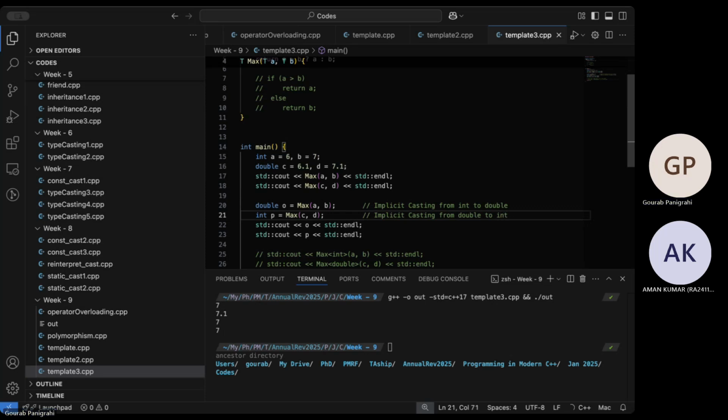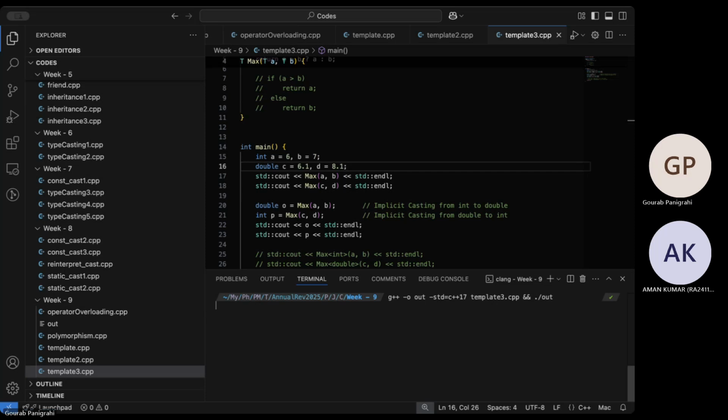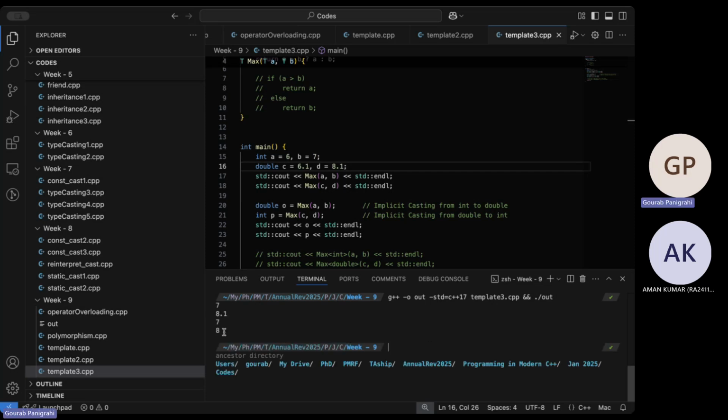Now, because a double is being casted into integer, that's what we see. P has only fewer digits. So let's make it like 8 so that things will be more clear. So yeah, basically the decimals get dropped off. So what we have in P is demotion of a double to an integer.